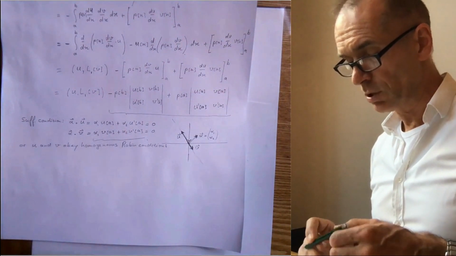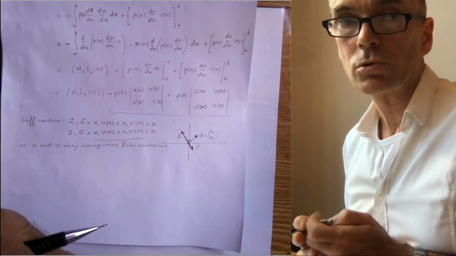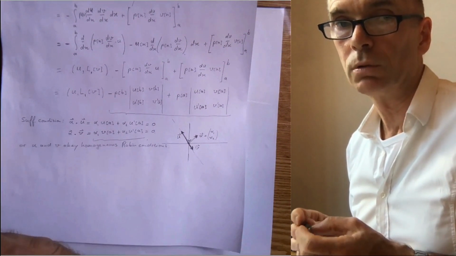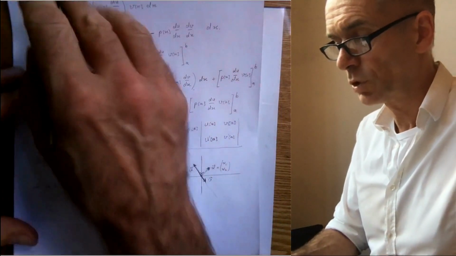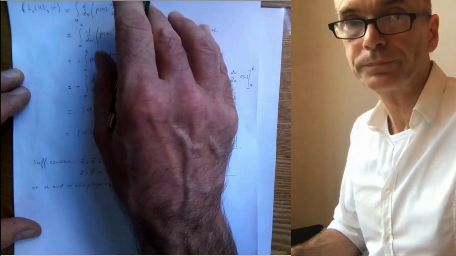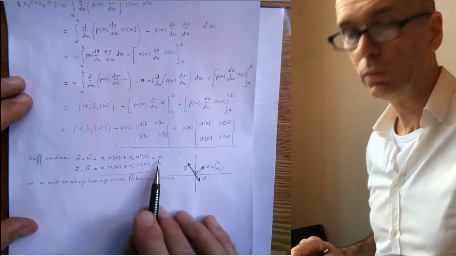So the conclusion is indeed that the regular Sturm-Liouville problems that we already studied, such an operator on an interval, and at the beginning and the end of the interval we had